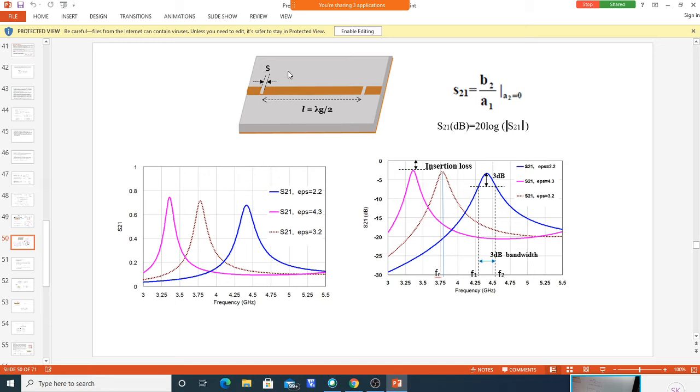The remaining 0.3 may be radiated, or dissipated in the structure, or reflected back, because of all those and a coupling problem. That may be lesser than the value whatever you get here. So if you plot this in the power scale, you will be getting this. You see, so it is 0.7. You take 0.7 here, do the 20 log of 0.7, and you will be getting this value. It is around minus 4 dB.